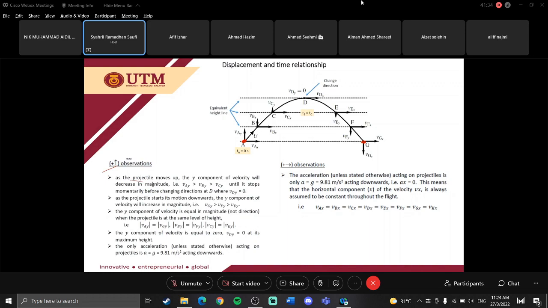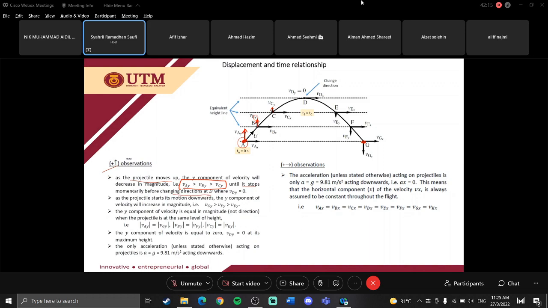As the projectile moves up, the y component of velocity will decrease in magnitude. Meaning that, if you notice, initially the velocity along y is higher compared to the point B velocity. So velocity at point A along y will be higher than velocity at point B along y, and the same goes for velocity at point C along y. So this is the relationship: VAY more than VBY more than VCY,